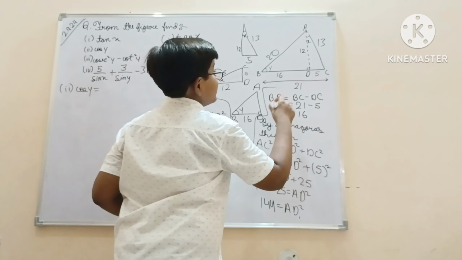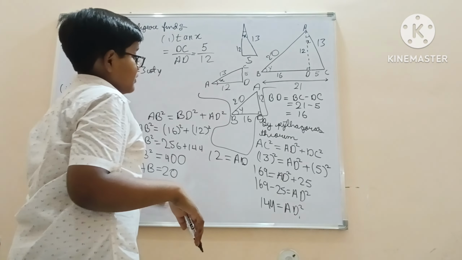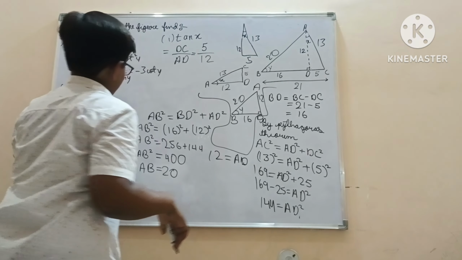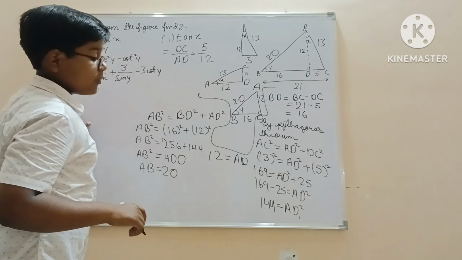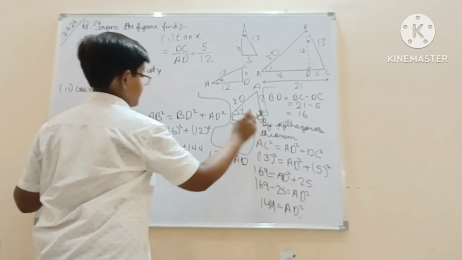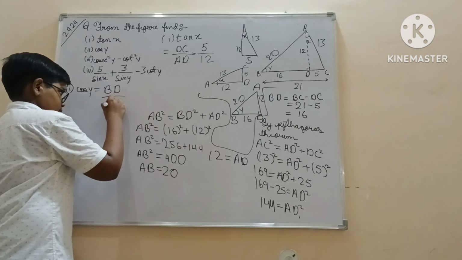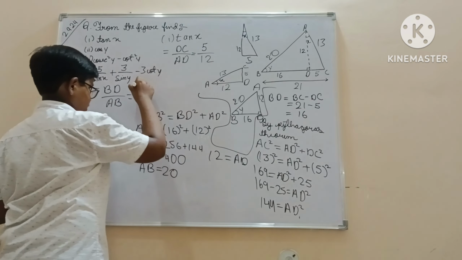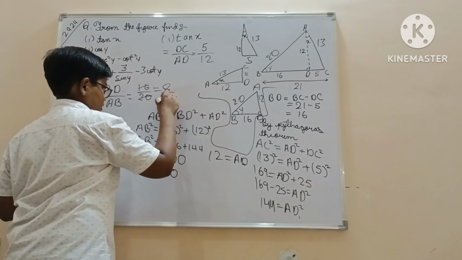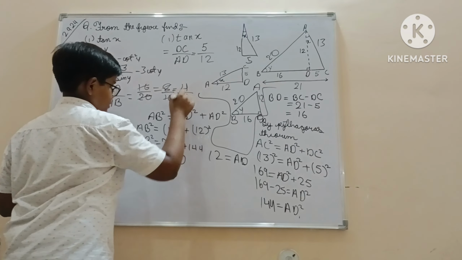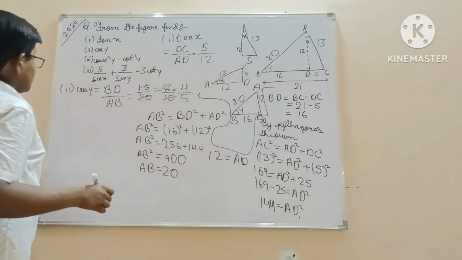Now BD is 16 and AD is 12 and AB is 20. Now we will consider this triangle as y is the theta and we have to find cos y's value. So cos formula is base divided by hypotenuse. So base of a triangle is BD and hypotenuse of a triangle is AB. So the value of BD is 16 and AB's value is 20. It will be cancelled out by 2 and it will again cancel out by 2, which will give us 4 by 5. Now we have got this value. We can also directly cancel it by 4.